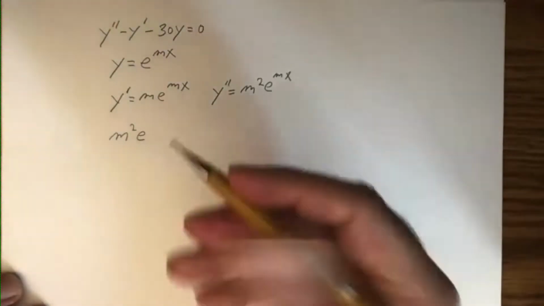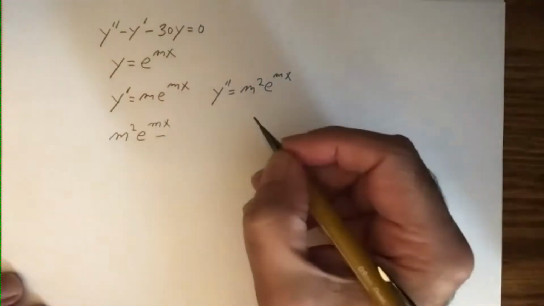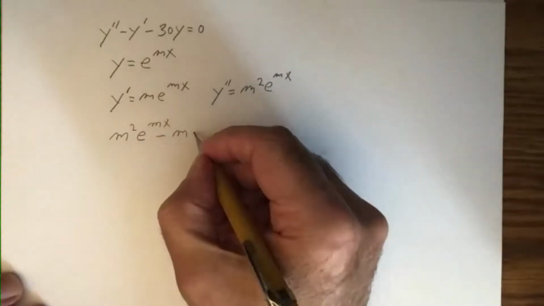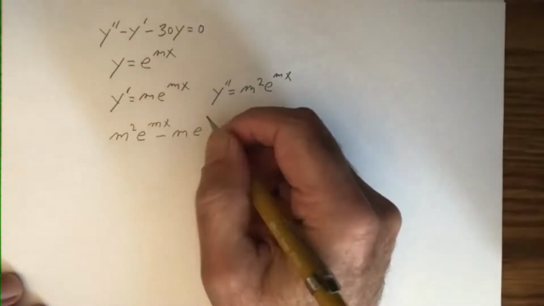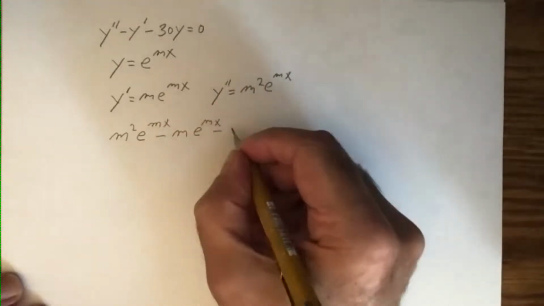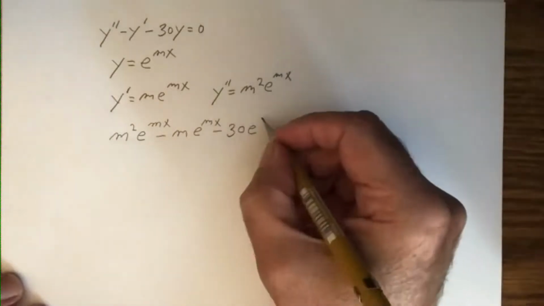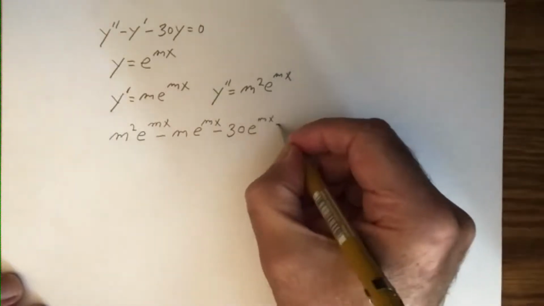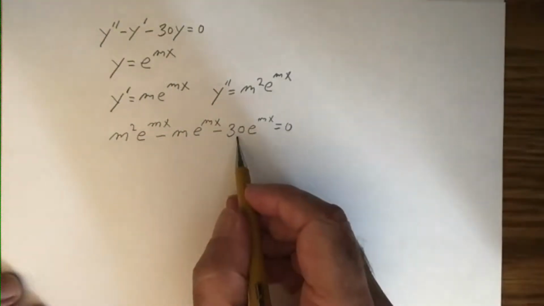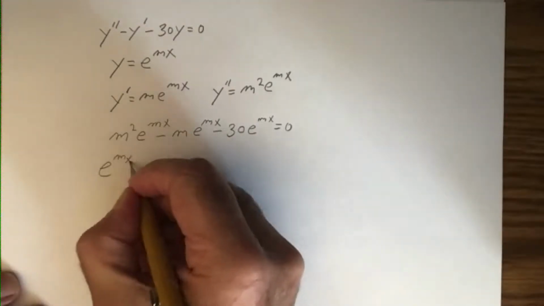Minus m e to the mx. I'm just substituting it in. Minus 30 e to the mx, and that's equal to 0. Okay. Now I could factor out